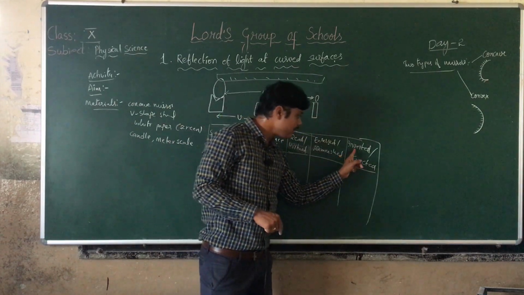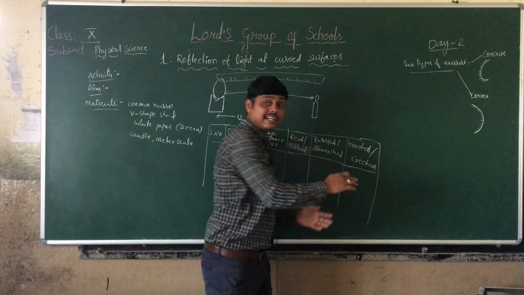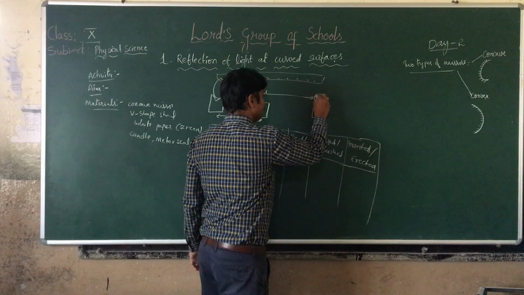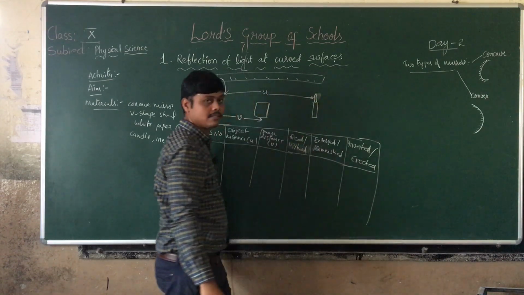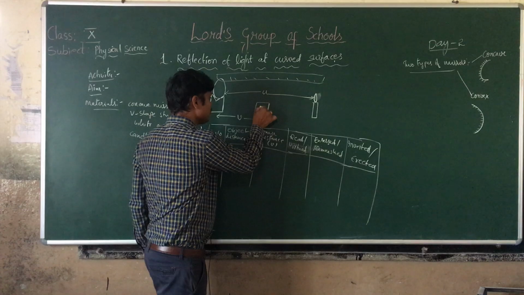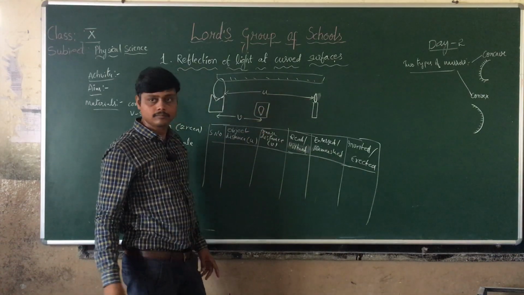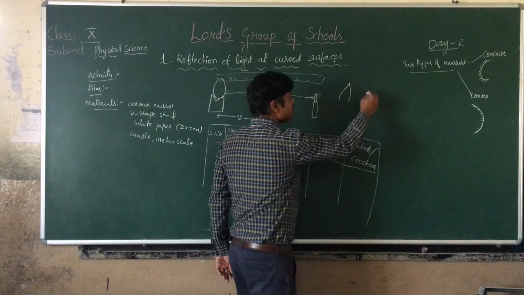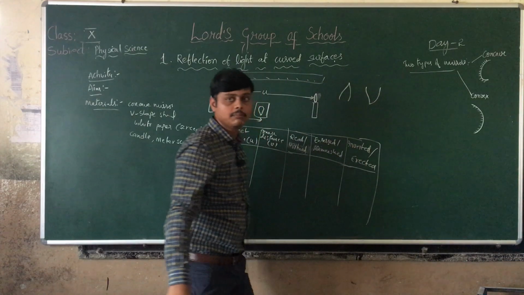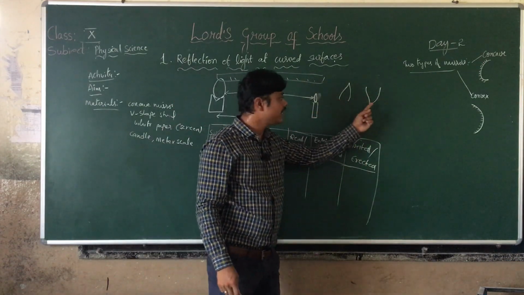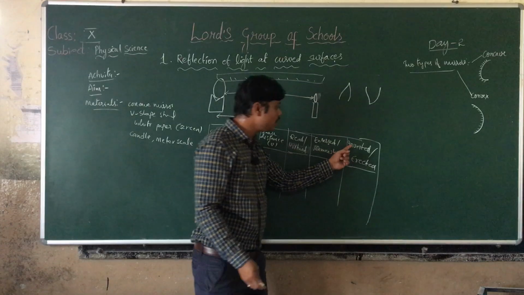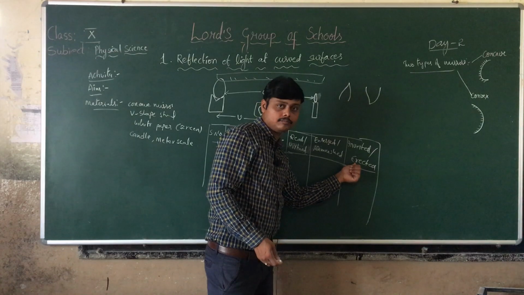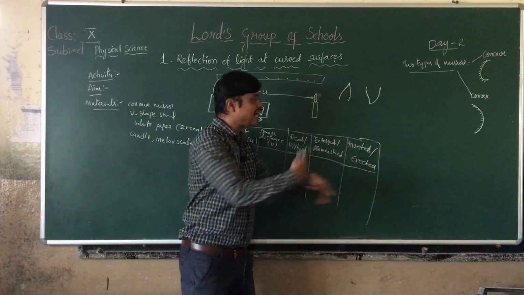Inverted or erected means reversing position. Suppose here we have a flame like this, and we are getting the flame on the screen in reverse. You can see, actually this is the flame position, and now we are getting the image here, like this, on the screen. So are we getting the image in reverse position or not? That is called inverted. Or else sometimes we get it as it is. That is called erected. Inverted means reverse. Erected means as it is.